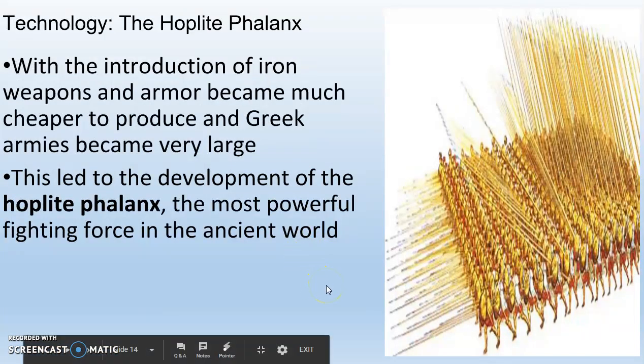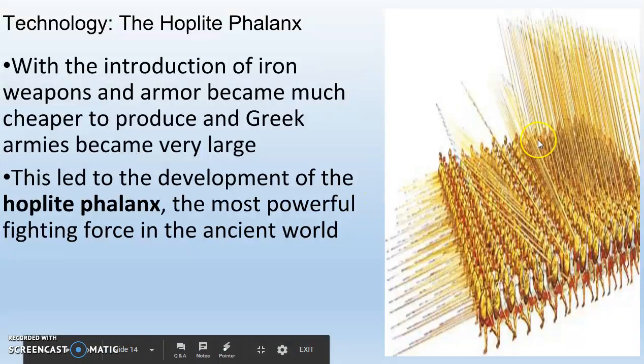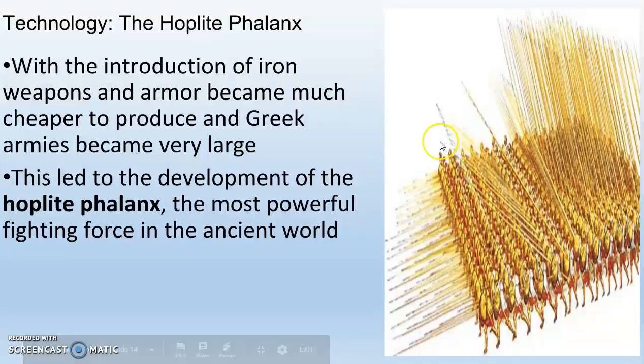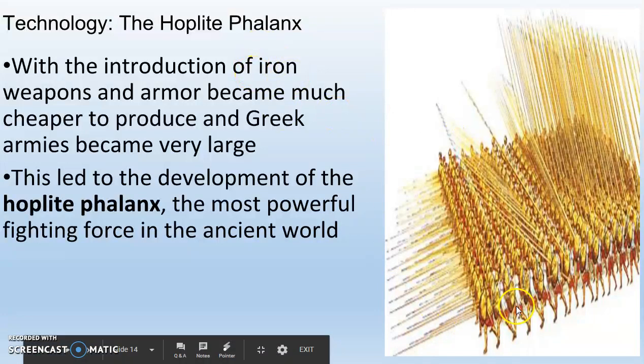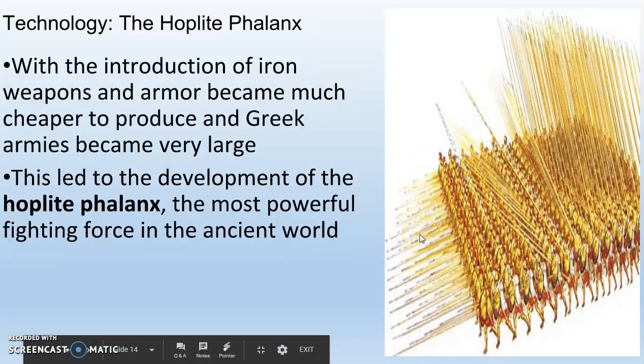This is the key technology that we're going to learn about in regards to Greek civilization. That is the hoplite phalanx. So the hoplite phalanx is the meat grinder. It's the medieval tank. Basically, you've got lots of Greeks lined up in a block, very similar to this. They're armored in either iron or bronze armor. It just kind of depends on the period. They've got long spears, and all these guys are buddies. They all know each other, so they trust each other.